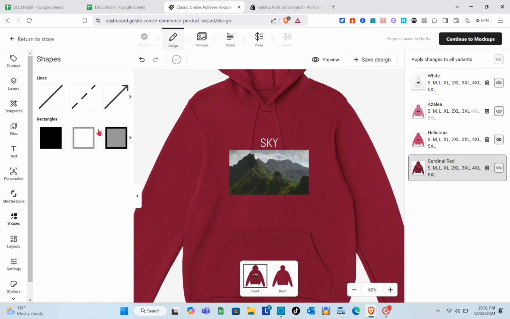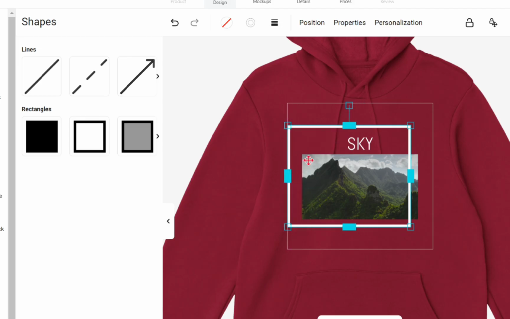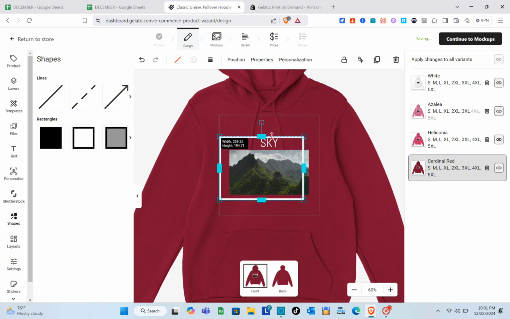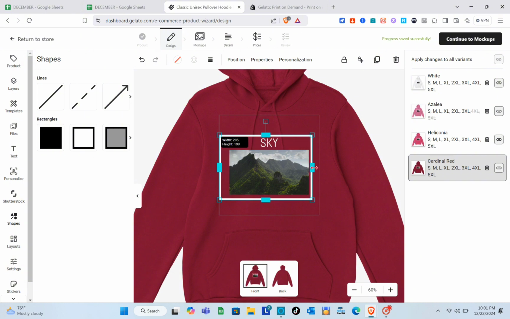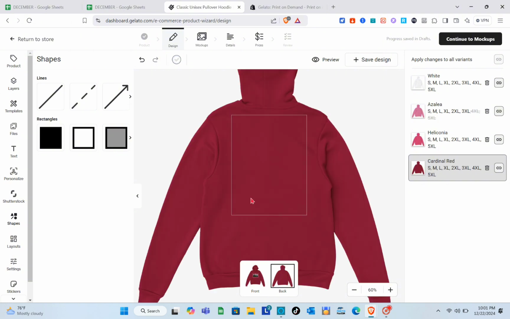And then at the right side, we can also add our filters and layers. You can also add shapes right here. For the shapes, I'm going to add this one. I'm just going to adjust this shape. Okay, and then after adding all of your designs and elements, you can click on the back,